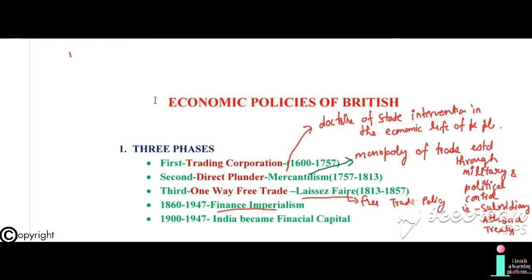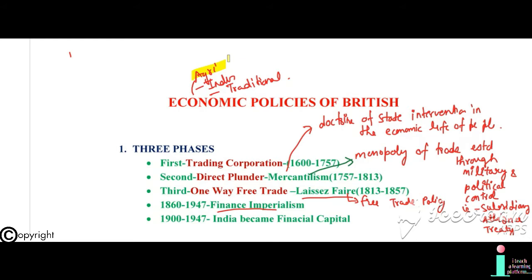Economic policies of the British. In this there are several topics which include agriculture policies, industrial policies, and trade and tariff policies. But in this very chapter I will try to focus on the agriculture policies. As we know, the ideologies and philosophies play a great role in the policies of the government. In the same way, in the British administration we can see the economic policies had certain impacts of philosophies and ideologies.